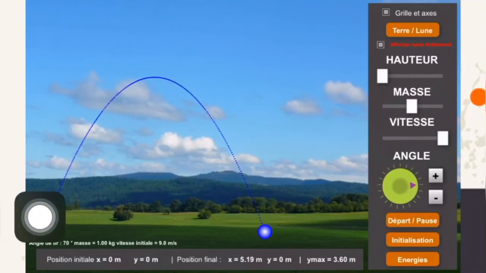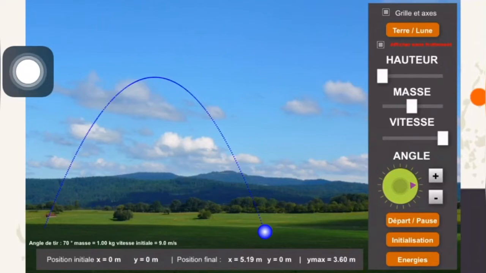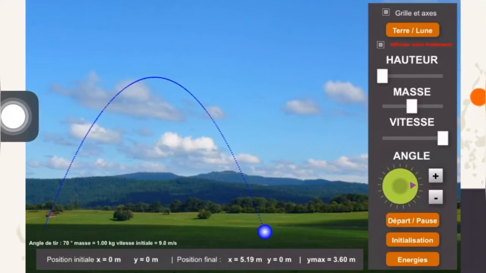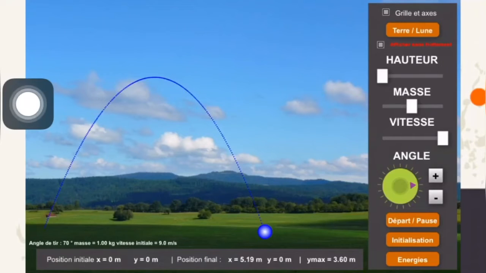Okay, for this you can see here, I cannot zoom it. So in small words you can see the angle of projection is 70 degrees, the mass is 1 kg, and the initial velocity is 9 meters per second. This means the velocity of projection is 9 meters per second, and the projectile has a mass of 1 kg, and it is projected at an angle of 70 degrees to the ground, and the final position is x equal to